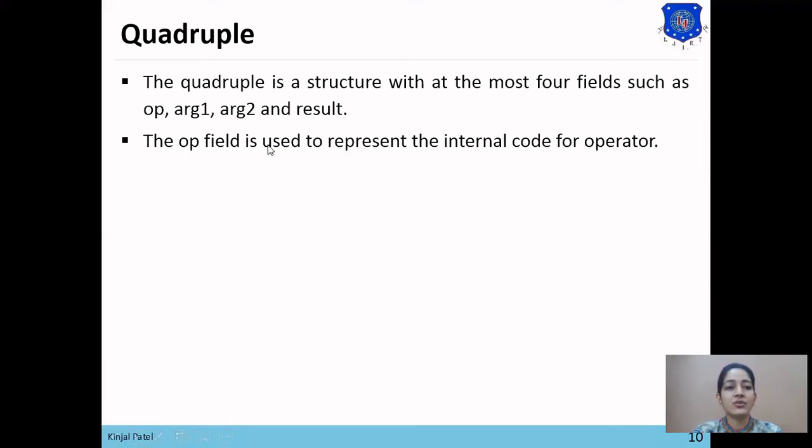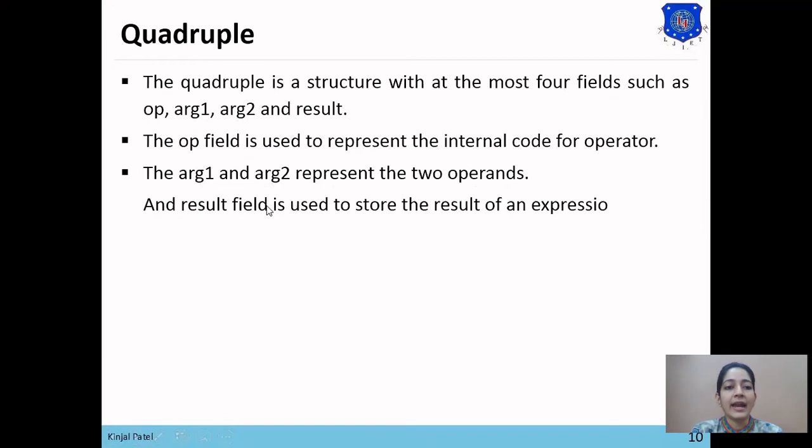Operator field is used to store the operator of 3 address code. Then argument 1 and argument 2 are used to represent the two operands of each expression, and the result field is used to store the result of an expression. Means the result field is used to store the temporary values of each expression.